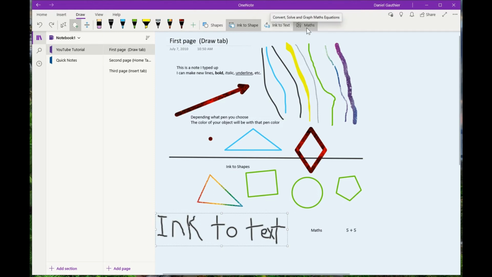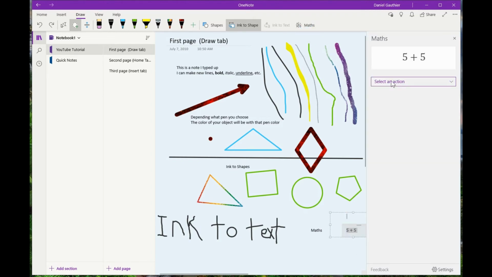The maths feature here, you can convert and solve equations and such. So again, that's over here. If you highlight that equation and click on maths, then you can choose action to evaluate, and it gives you the answer.